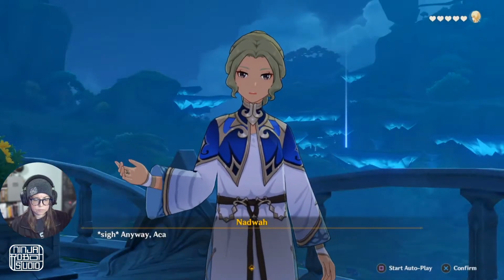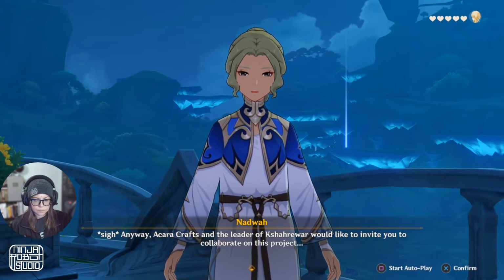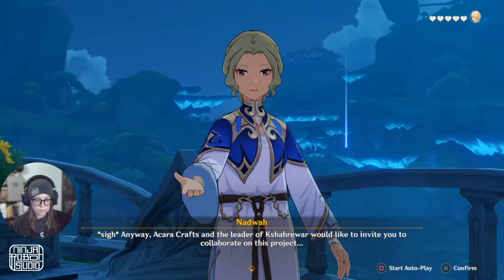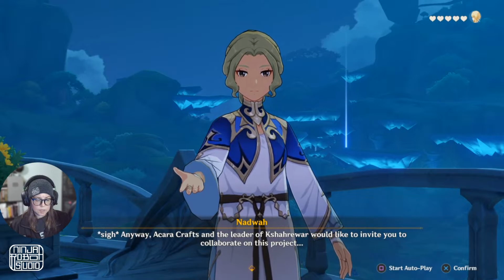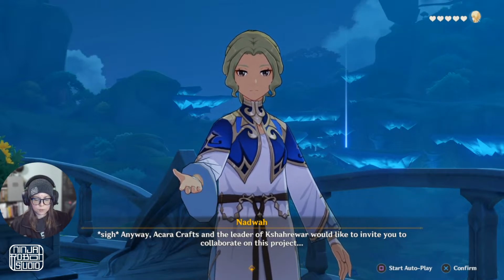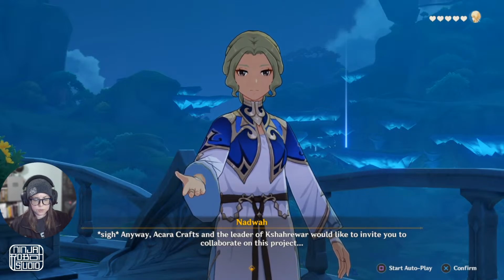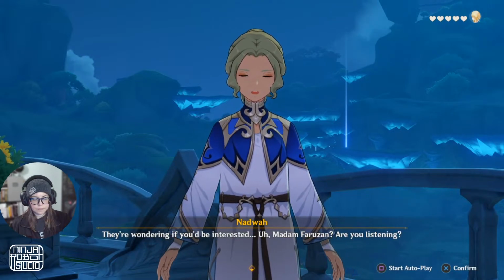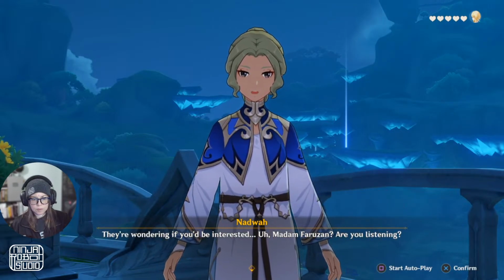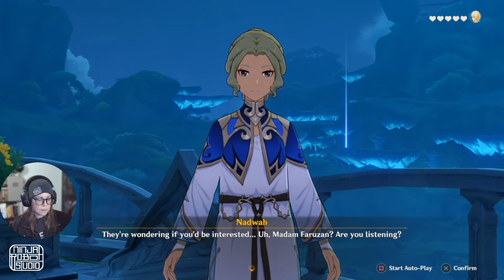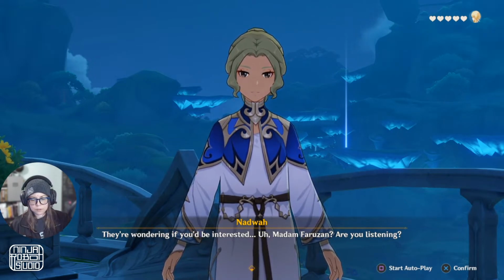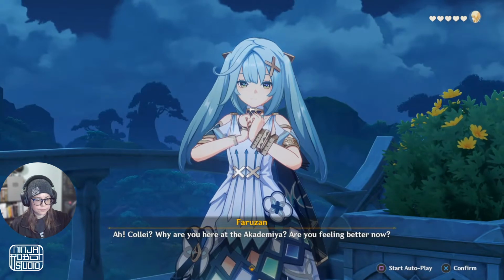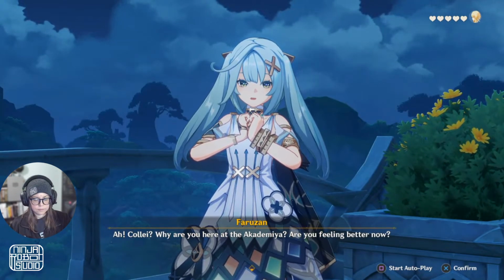Let's go. とにかく、アジャンタ彫刻展と妙論派の責任者はみんな、ファルザン先輩がこの研究課題に参加してくださることを強く願っています。 Anyway, Akara Crafts and the leader of Sharawar would like to invite you to collaborate on this project. ですから興味がおありかは分かりませんがってファールザン先輩聞いてますか？ They're wondering if you'd be interested, and Madame Farazan, are you listening? おも。これは Mm-hmm. 高齢ではないか。なぜ教令員に？体の方はどうなんじゃ？